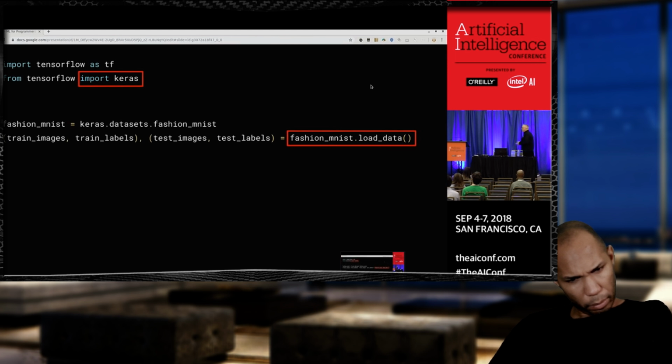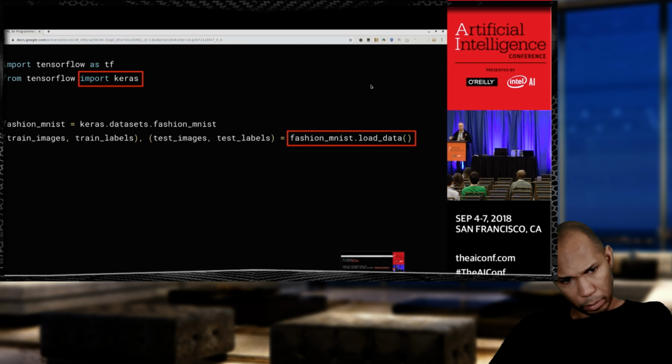Fashion MNIST data set. So think about all the code that you typically have to write to download those 70,000 images, download their labels, correspond a label with an image, load all of that in, that kind of stuff. All that coding is saved and just put into these 2 lines of code. And so one of the neat things also about Python that I find that makes Python great for machine learning, because that second line of code there, where it's like bracket train images, comma train labels, comma bracket test images, test labels, equals fashion mnist load data.